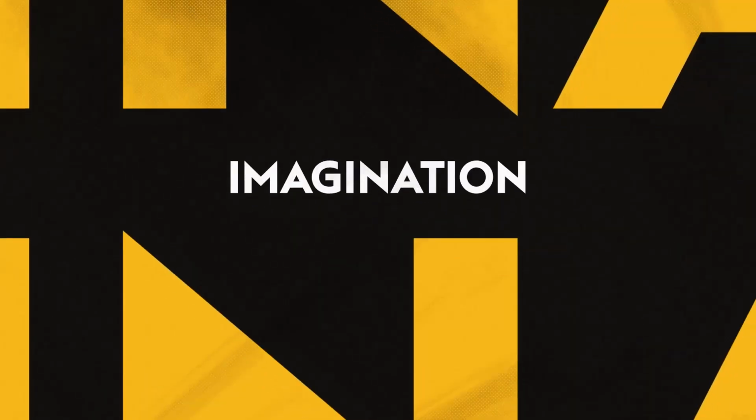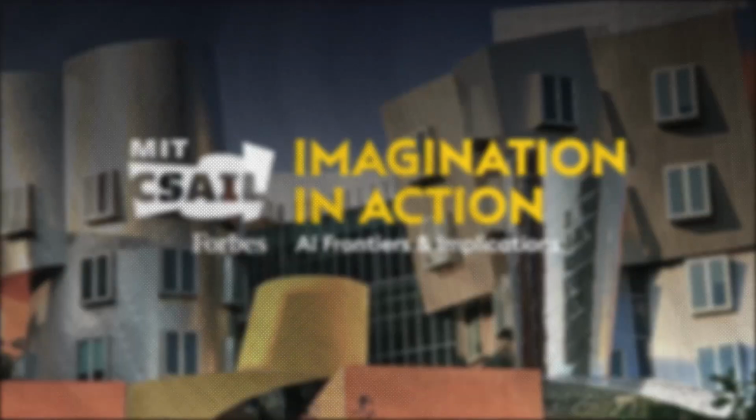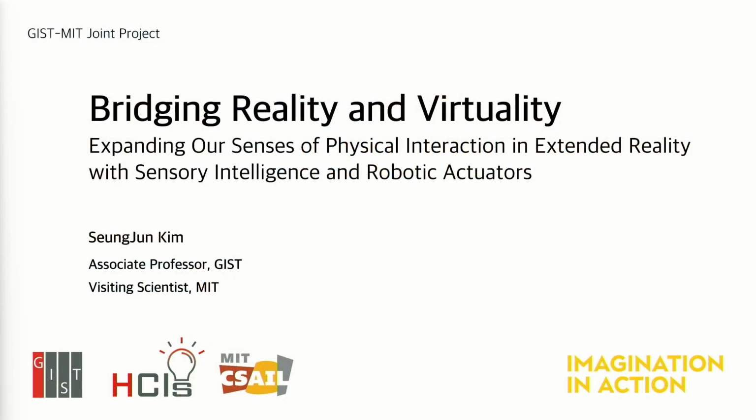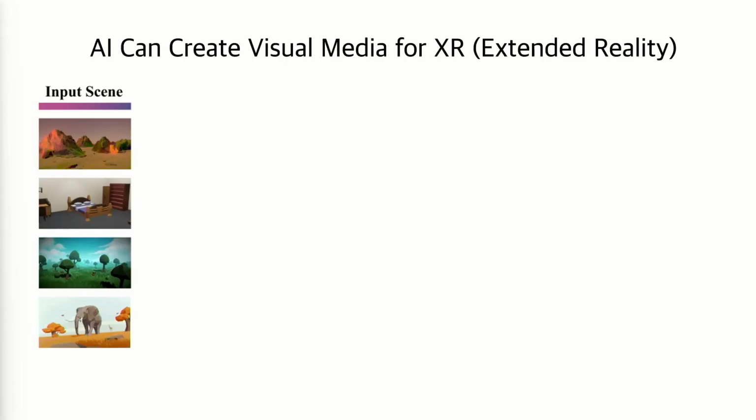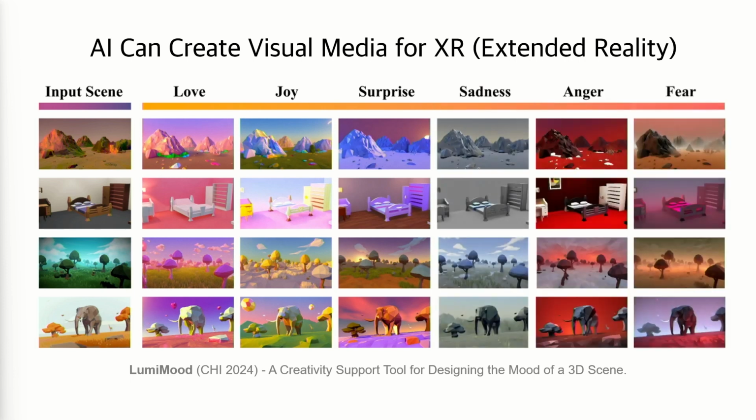My team is working on bridging our experience between the reality and the virtuality. So we want to expand our senses of physical interactions in extended reality with the support of sensory intelligence and robotic actuators. As we know, AI can create rich visual media for XR. If we provide a single input scene, then we can create different moods of emotions from love,